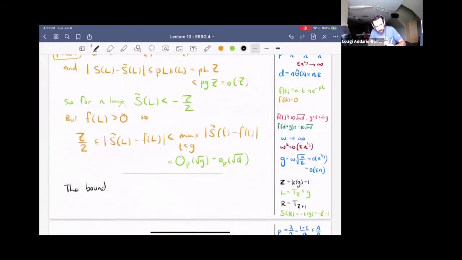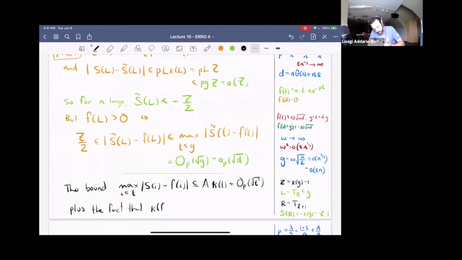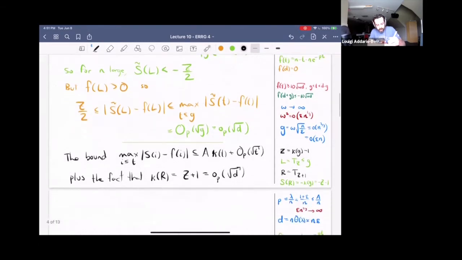So we have the... Let me write it out again, because I didn't copy this down right. So we know that this error is at most a kappa t plus order root t in probability, but also we know that kappa r is just z plus 1. We finished exploring our z plus first component at time r, which is now, we know that's little o of root d. Okay, so that tells us that